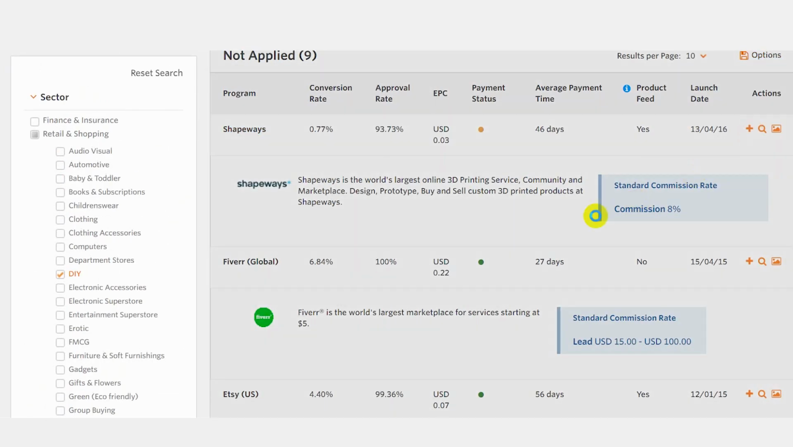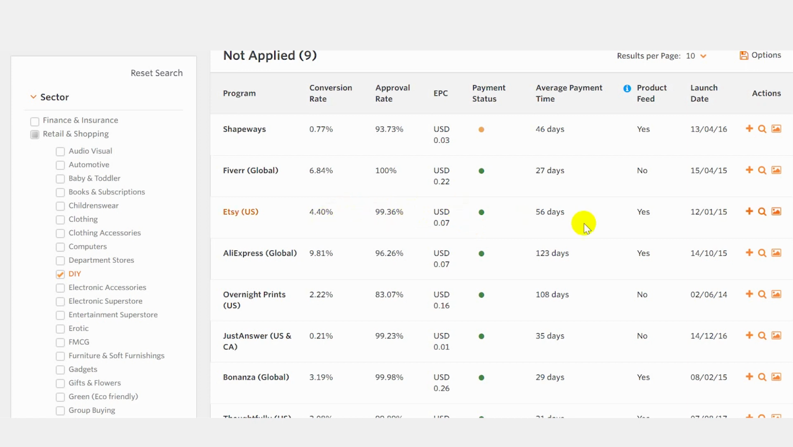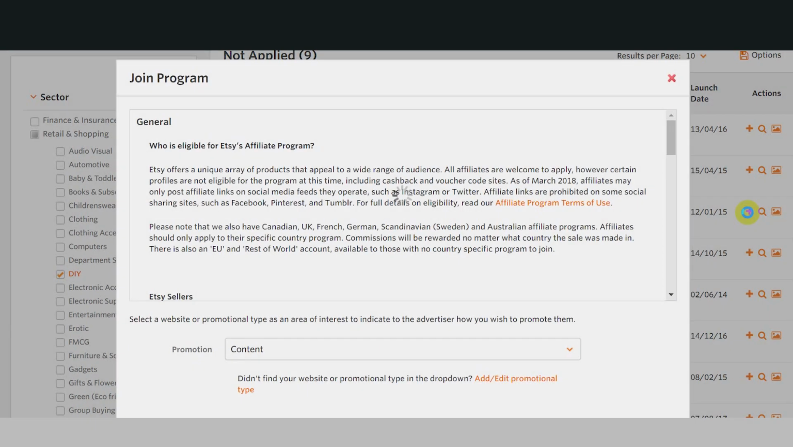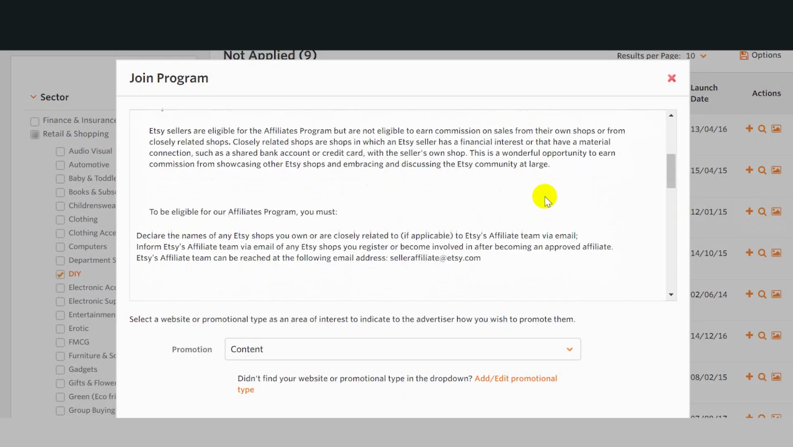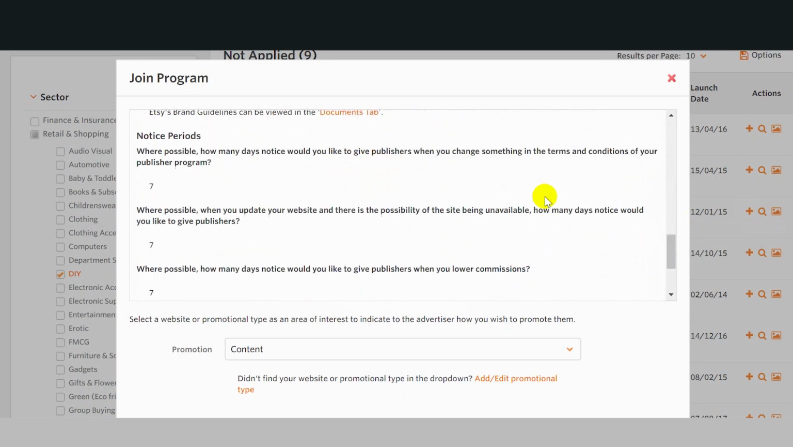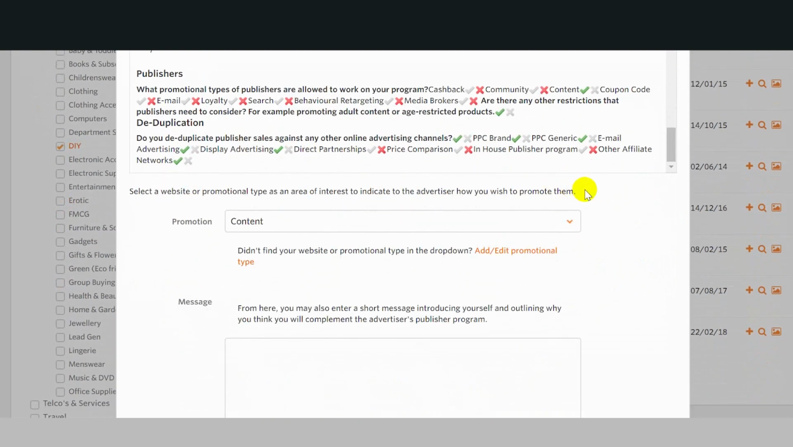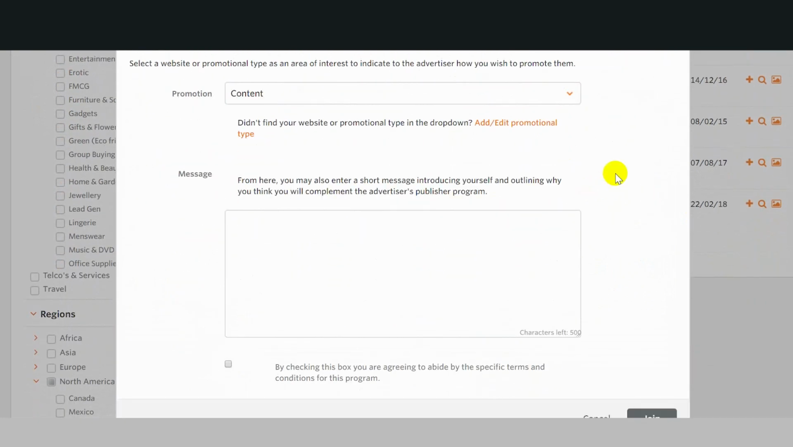Once you have selected an advertiser program you wish to join, click the plus sign at the end of their row. This will generate their terms and conditions. Please review these, as it includes important information on the types of promotions and publishers allowed to work with an